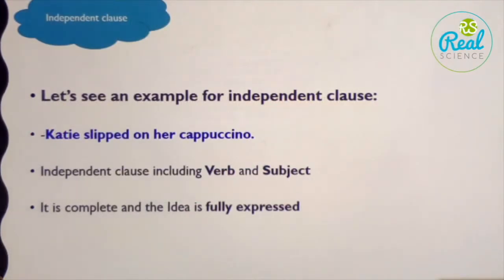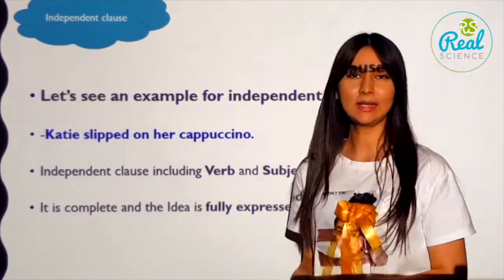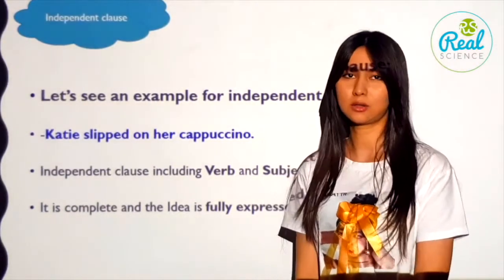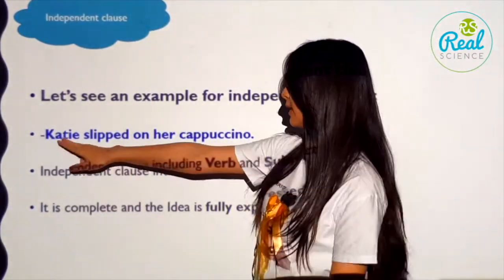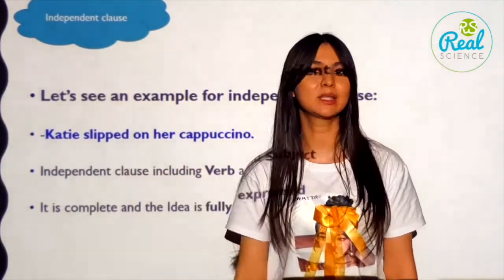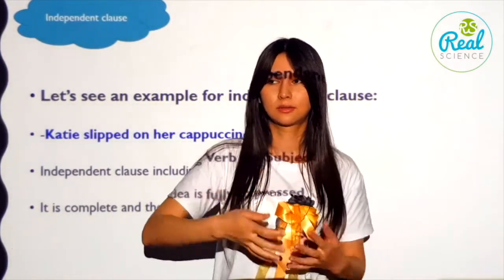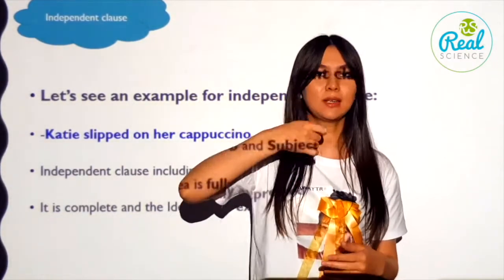Next one, independent clause. We will come to the independent clause. Now let's see an example for an independent clause. What is an independent clause? We'll understand from the example. Katie slipped on her cappuccino. Slipped, what does it mean, slipped on? Slipped means like